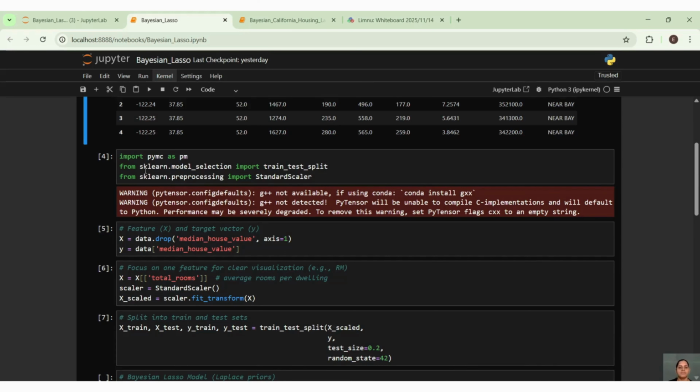And the next thing is what, guys? We have to get our train test split, then standard scaler here. Then